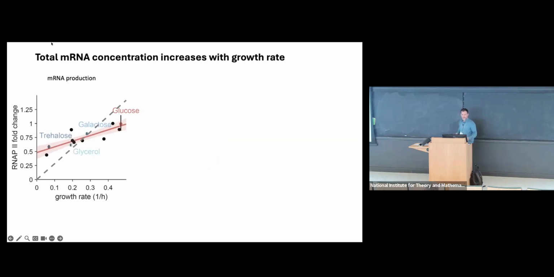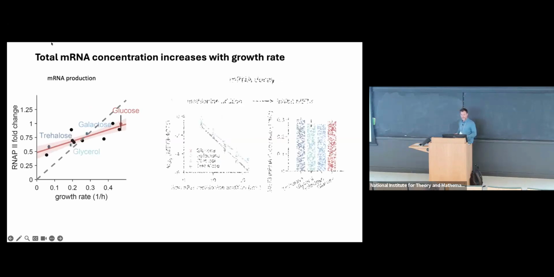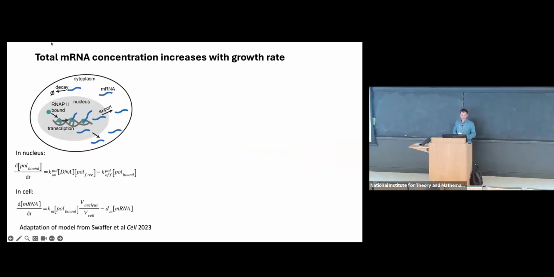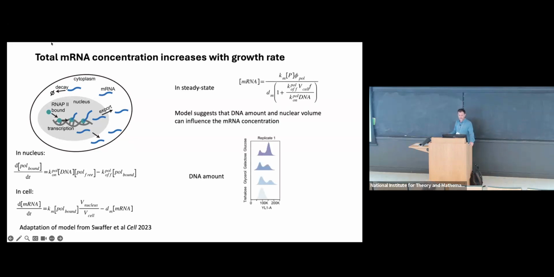We can measure the concentration of RNA polymerase II. And in the interest of time, I'm going to go a little bit quickly through this. Basically, we take the same model that we had in the first part of the talk, and now we measure the nuclear volume. We measure the concentration of RNA polymerase II. We measure all of the different pieces of this dynamic equilibrium model to predict the mRNA concentration. And then, long story short,